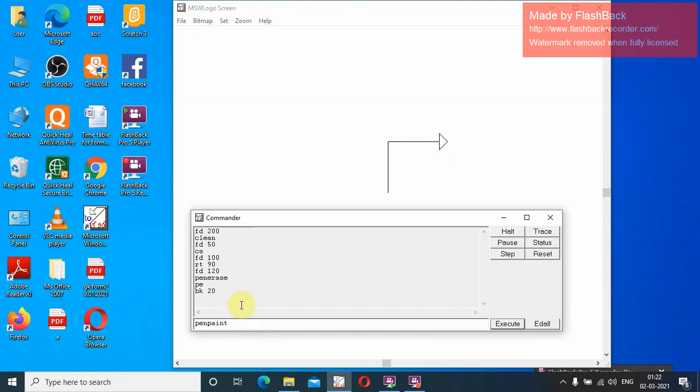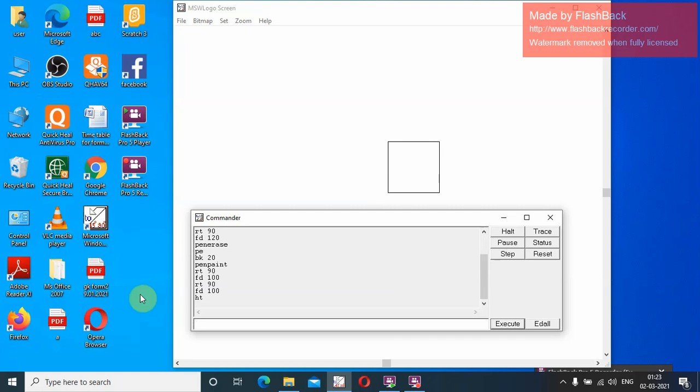There is no such command given in the textbook just now, but whenever you are using pen erase, please use this pen paint command. I have also told you during the interactive class, and even in one of my videos I have shown you. Pen paint command, RT space 90, FD 100, RT 90, FD 100, hide turtle.